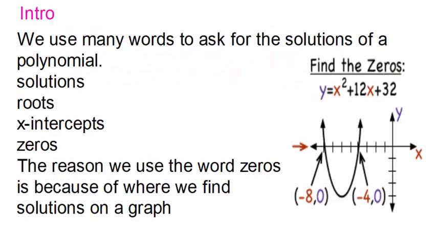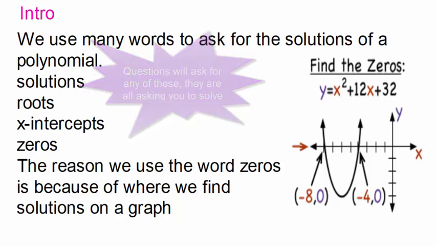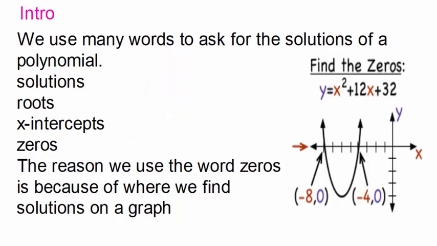There's a lot of different words that we use for the solutions. We often will say the roots, the zeros, the x-intercepts. All of those things mean the same thing: the solutions. Now, the reason that they're called the zeros is because if we look on a graph where the graph crosses the x-axis, y is 0,